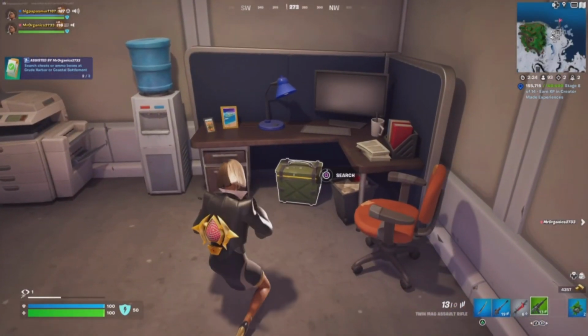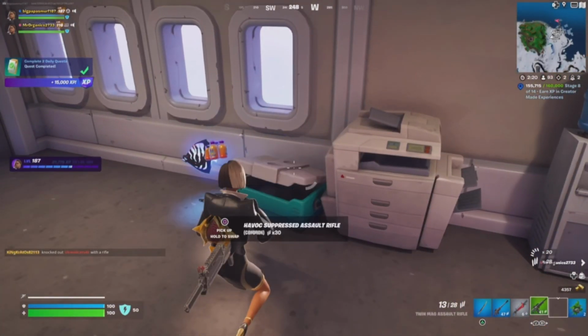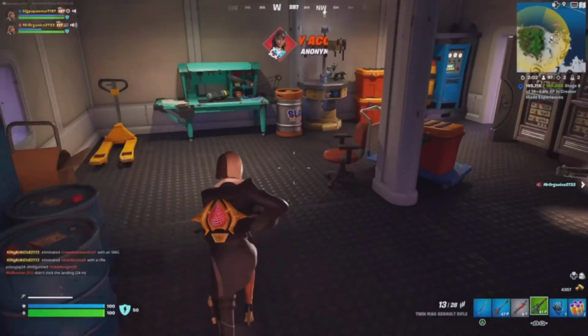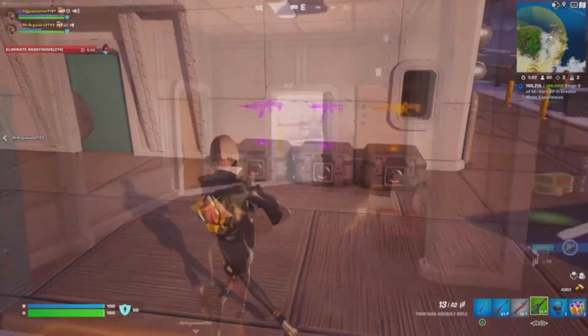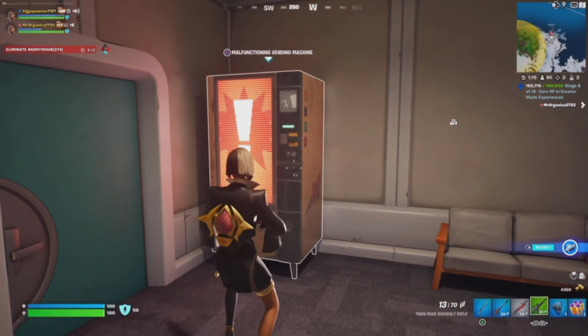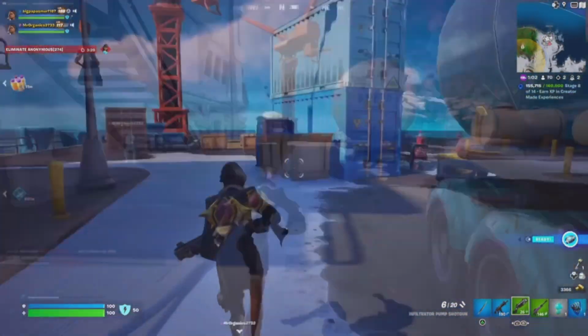This one has a bunch of outbuildings. It has bounty boards, 2 slurp trucks, has an upgrade bench, and has tons and tons of loot. There's also a porta potty you can use to get across to the barge and loot that as well. There's a vending machine inside too. And at this barge here,